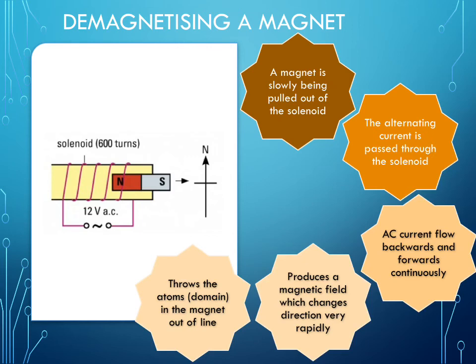So the alternating current is passed through the solenoid. Okay, AC current flows backward and forward continuously. Maksudnya daripada positif ke negatif, daripada negatif ke positif, forward and backward. So it produces a magnetic field which changes direction rapidly. So bila dia change direction rapidly, dia akan cut the magnetic flux. So it throws the atoms or domains in the magnet out of line. So bila dah throw the atoms out of line, domain tu dah tak tersusun, jadinya we demagnetize a magnet. So magnet tu dah tak ada